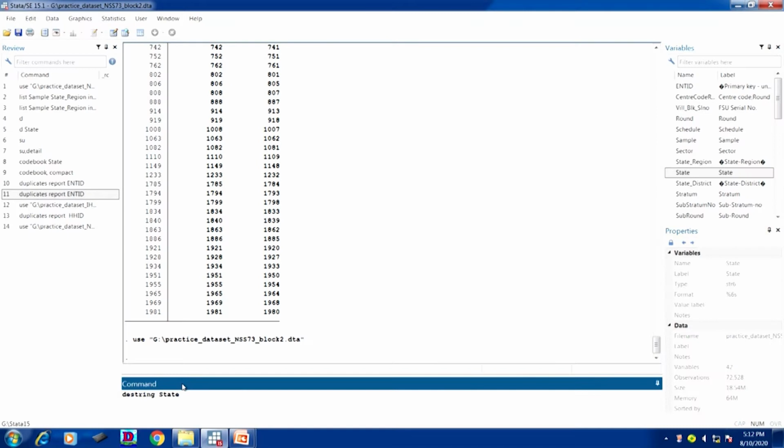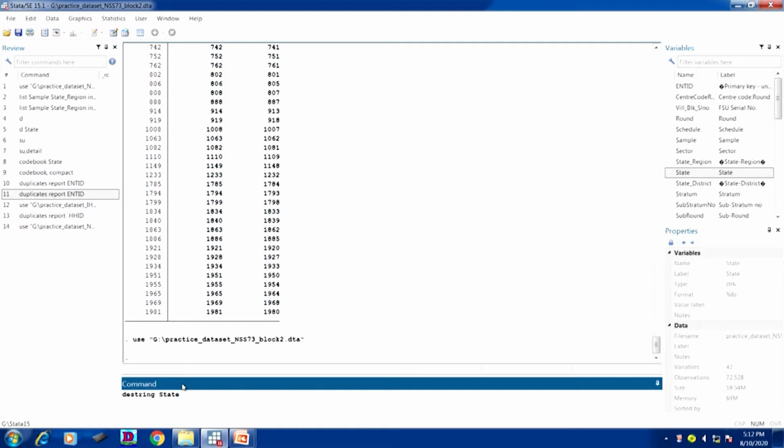So try to keep both. Otherwise, if your string data is not going to be useful at all, and you go by a new variable, then you may continue with that. Okay, continue with this command.